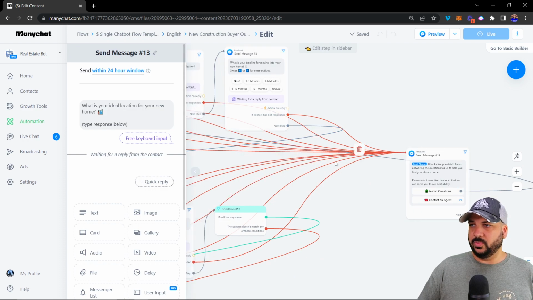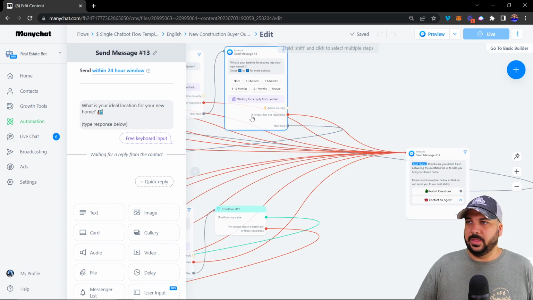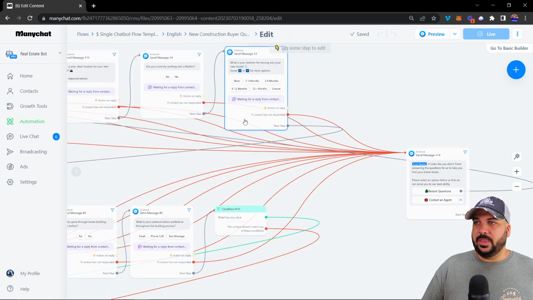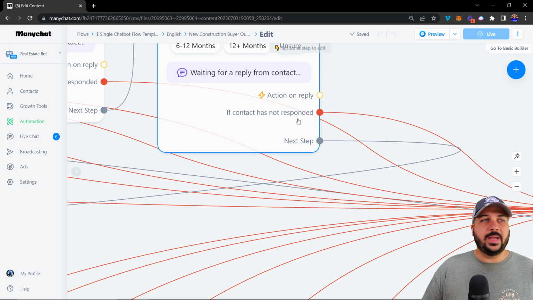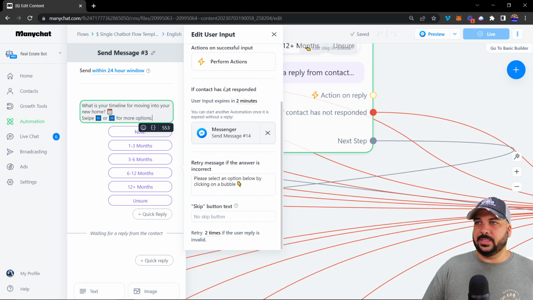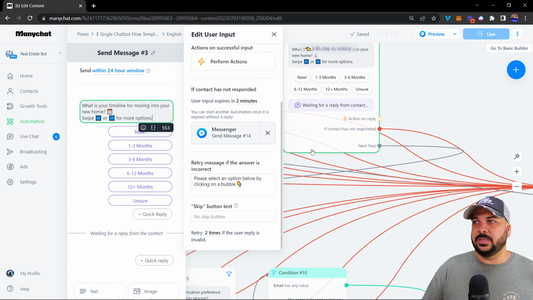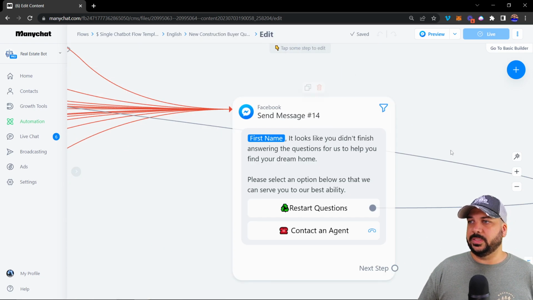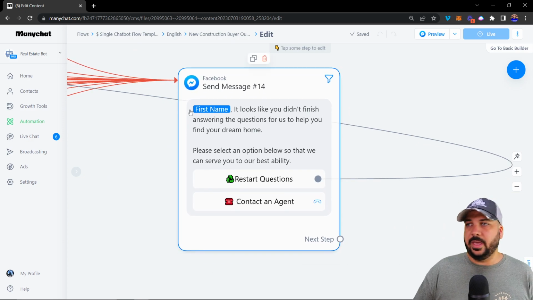So you can see here all these red lines right here. Basically, those are all going to a follow-up message, and this is happening if the customer has not responded. So if the contact stops responding, we'll see here, contact has not responded in 2 minutes, then it's going to send a follow-up message. So if they stop, 2 minutes later they're going to receive this message that says, hey, first name, looks like